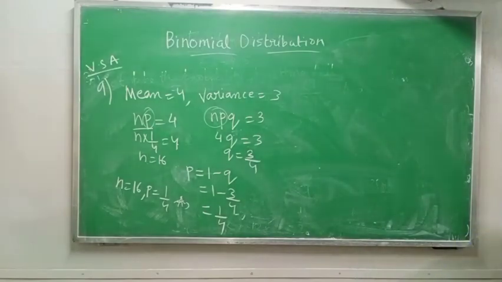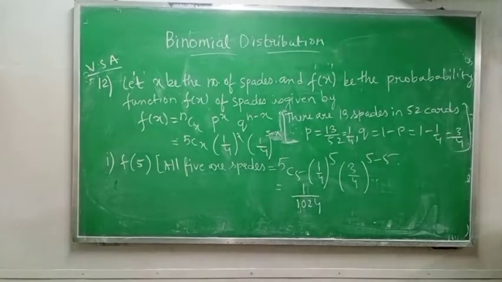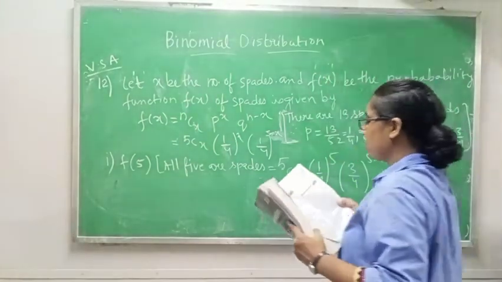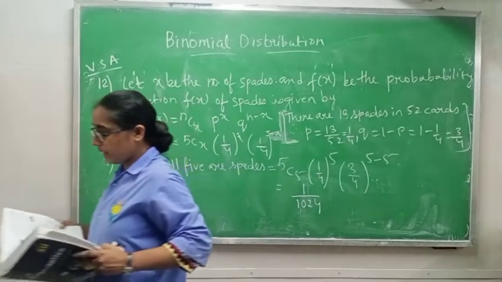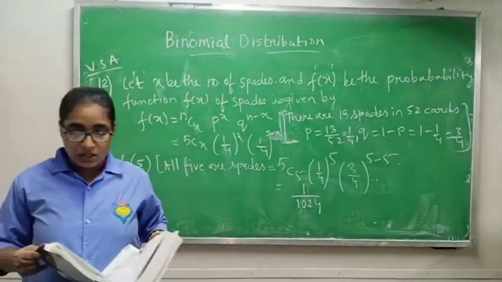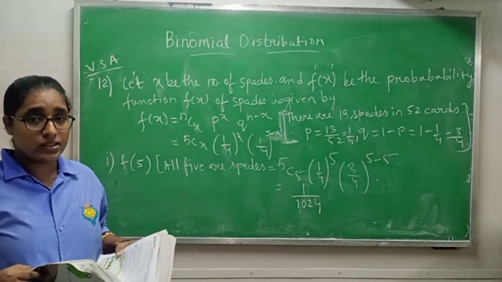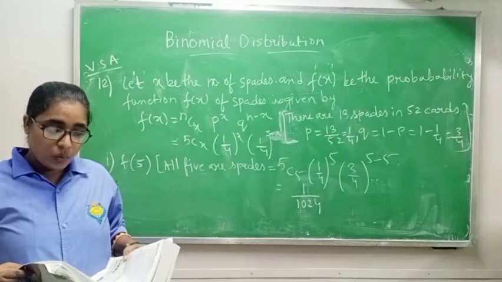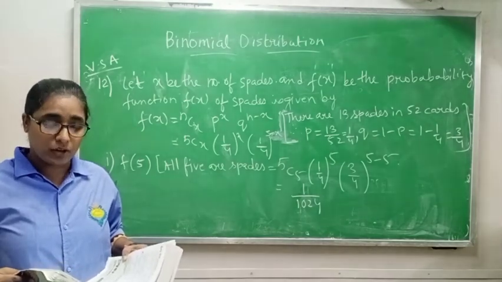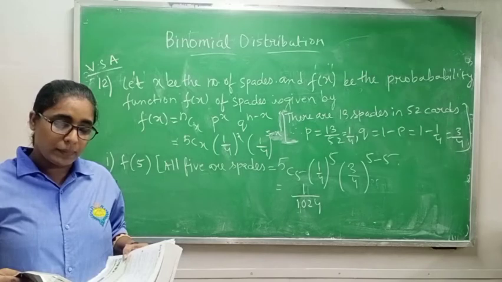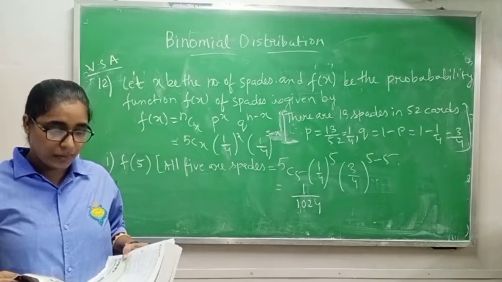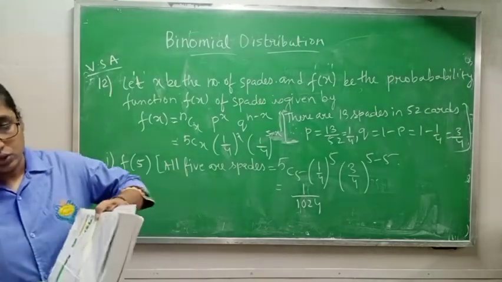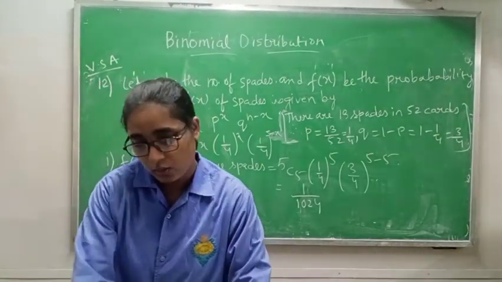Complete this one. Class 12 read, very short answer type question. Question number 12. 5 cards are drawn successively with replacement from a well shuffled deck of 52 cards. So how many cards are drawn? 5. It means that n equals 5. Independent trials are equal to 5. And how many total cards are there in the pack? 52. What is the probability that all the 5 cards are spades, only 3 cards are spades, none of the cards is a spade? So in this one also there are 3 questions.